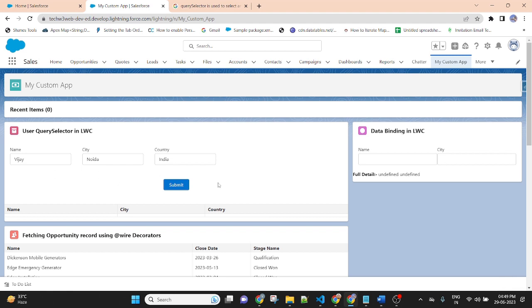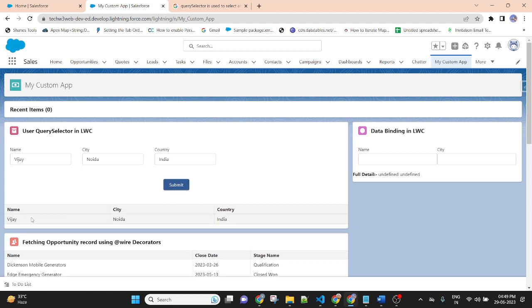Once I click the button, the name will be displayed under name, the city beside the city, and the country under country. So these values will be populated on the HTML table at the bottom. Click on the submit button. Now as you can see, name, city, and country are populated from the input fields.